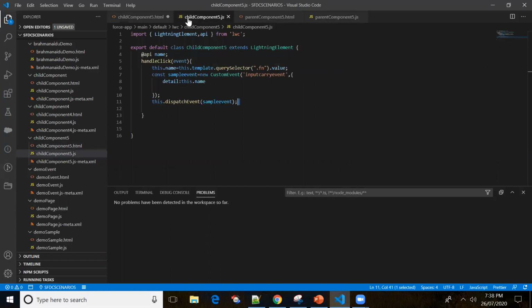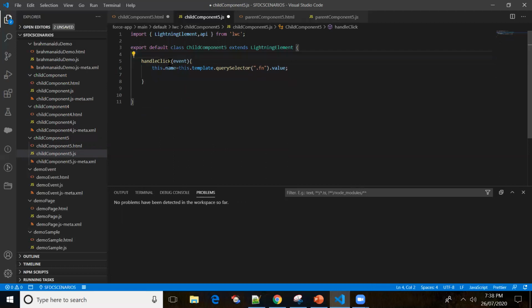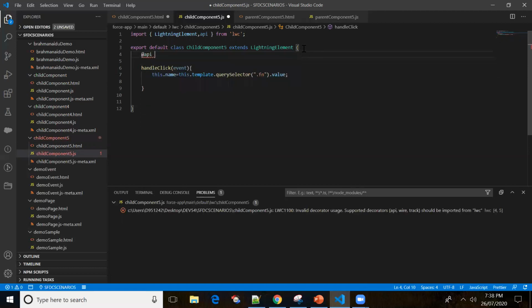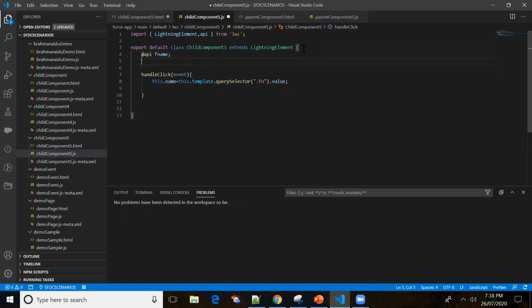Okay, so now in the child component, first let me remove this code. Let me make some meaningful declarations. First name and last name.